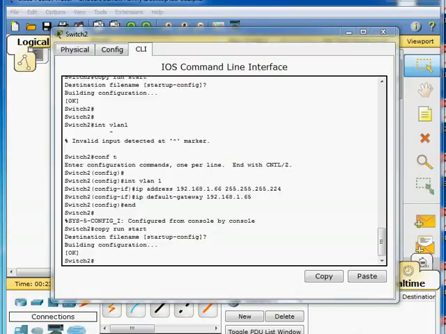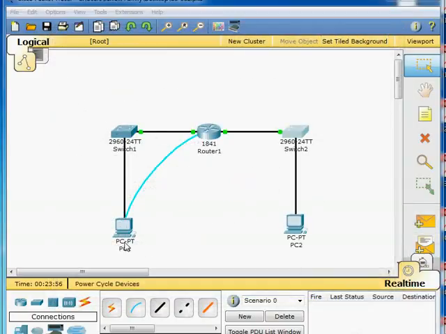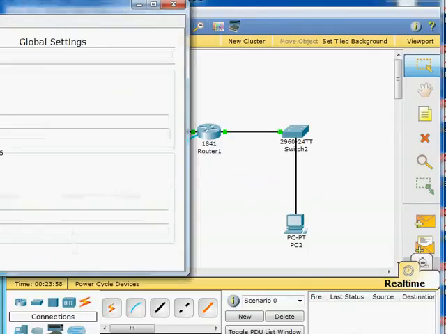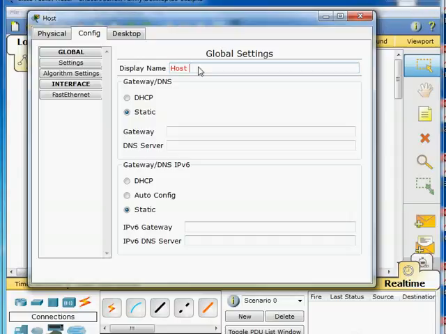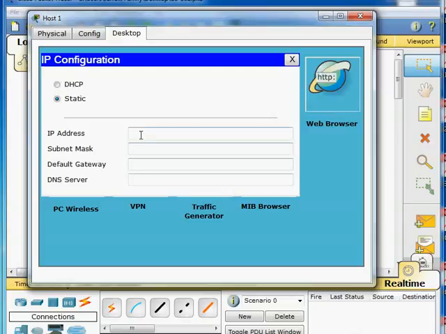Now, where are we at? Now we have to configure host 1 and host 2 using the IP address, subnet mask, and default gateway from the tables. Alright. Host 1 and host 2. Alright. So I'm going to go ahead and kill this. Go back over here to host 1. First thing we're going to do is change his name to host 1. Okay. Go here to IP configuration. We'll go ahead and set host 1 to be